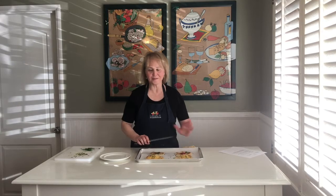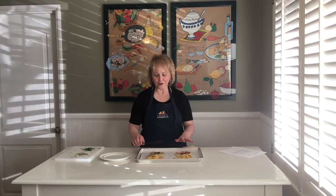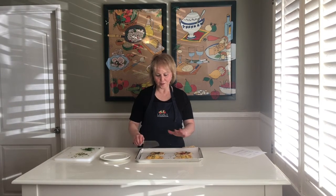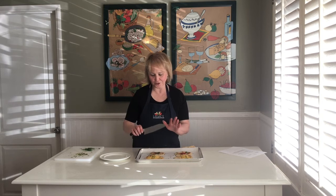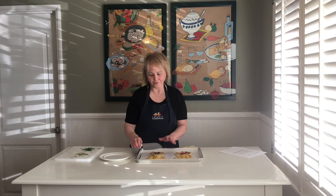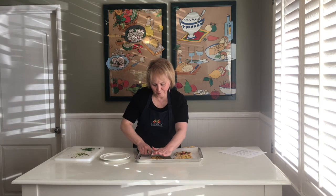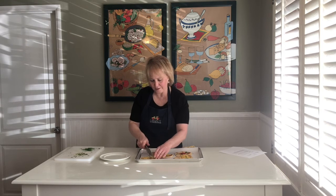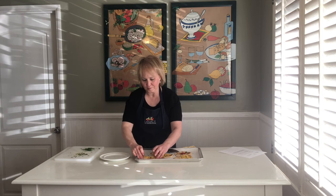So your assignment this week is to make flour tortillas and send me a picture. But I don't just want a picture of your tortilla. I want a picture of you eating your tortilla in the kitchen after you've cleaned up your mess. Because remember, part of cooking is cleaning up your mess. So if you want, you can cut your tortilla into 4s like this, put it on a plate,